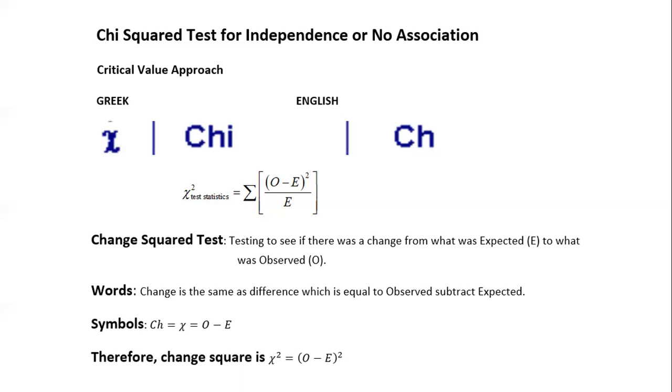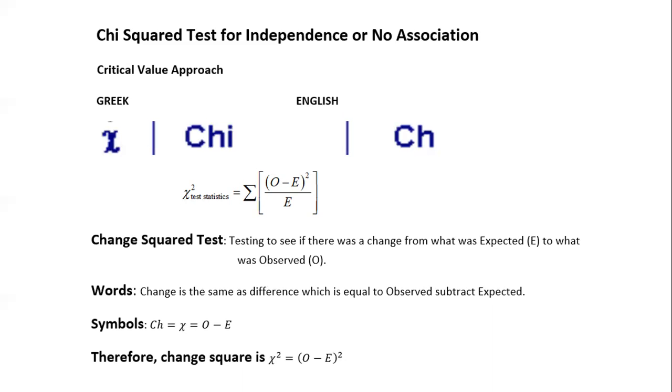So why that symbol chi? Well, if you look at the formula for the chi-square test statistic, you can see there is a subtraction in the numerator and it is squared. O minus E gives you the observed subtract the expected. That's like calculating a difference, calculating a change from the observed to what is expected. So it could be that's where this symbol originated from, because you are actually trying to